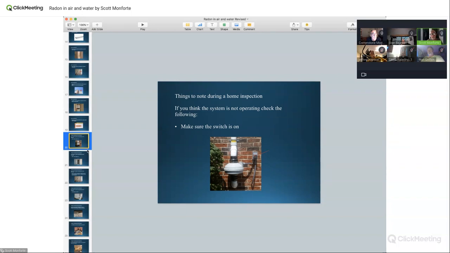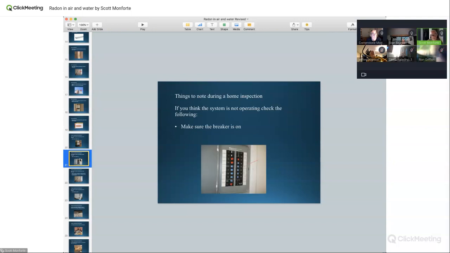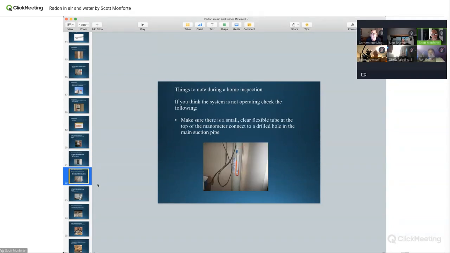If your system is not working, check the switch, check the breaker, check to make sure the tube is in. The breaker should be labeled. And I'll tell you, I do it. I would say probably most of the guys out there right now, at least in my state, they don't label the breaker. They just put it into a circuit. Mine are always labeled. Sometimes I got to trip the breaker to find out what it's on if I put it in a junction box that's not overloaded. Make sure the tube is in. The way they did that tube is not really a good way to do the tube.